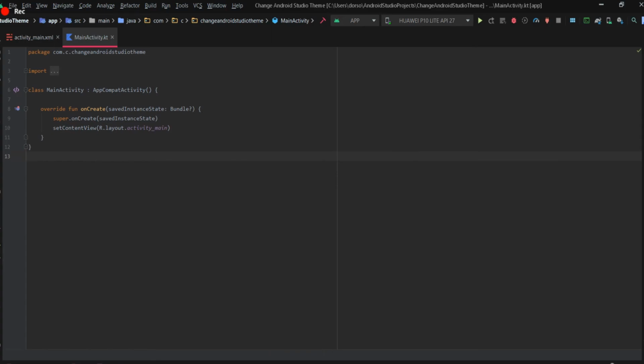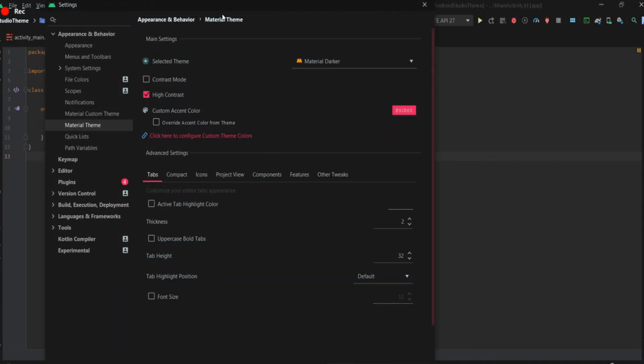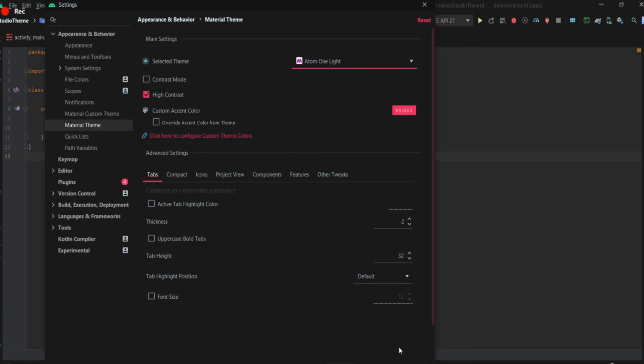Alright guys, as you can see, my Android Studio is already incredibly different, but for you guys it's maybe not going to be the case. So all you have to do is go into your settings, into your material theme, and as you can see you have a drop down menu in here where you can select numerous options. Let's go for Atom One Light, and we apply it,